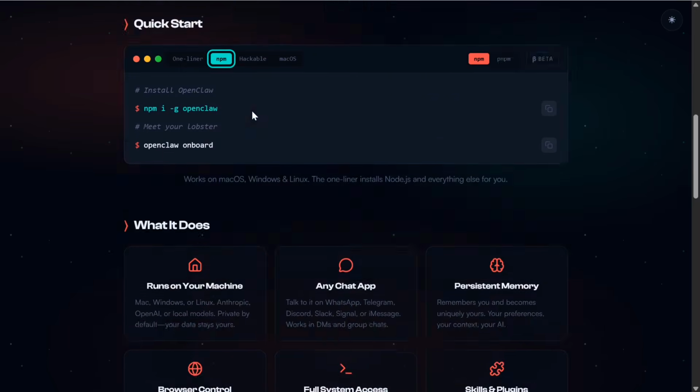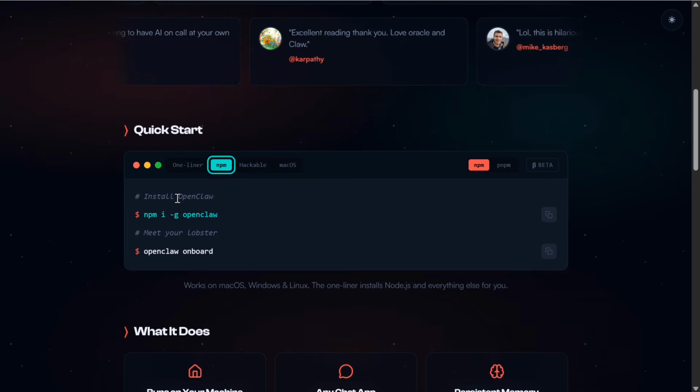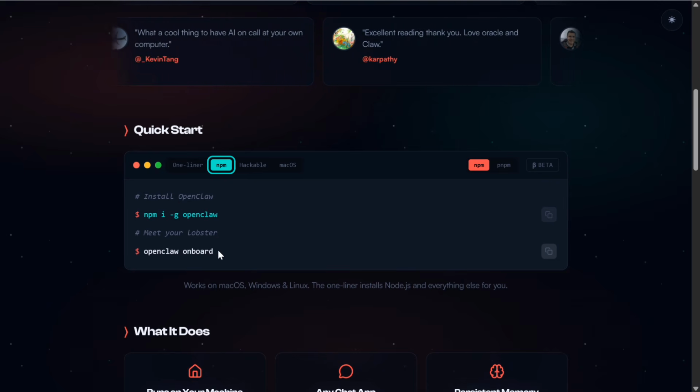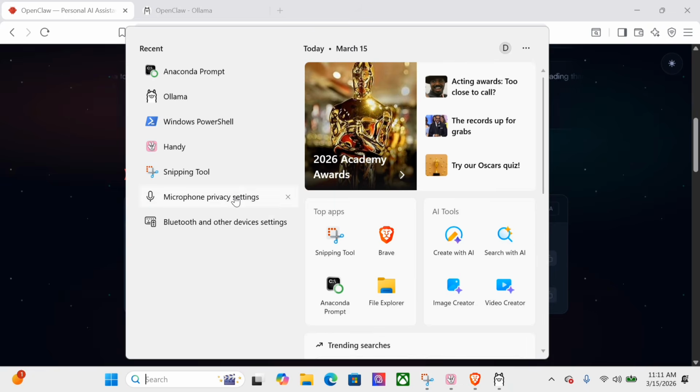So first of all, you need to install OpenClaw using npm. As you can see, npm i -g openclaw, and then launch openclaw onboard. So let me show you that. I've already done this npm command, so I won't be doing that for you. Let me run the